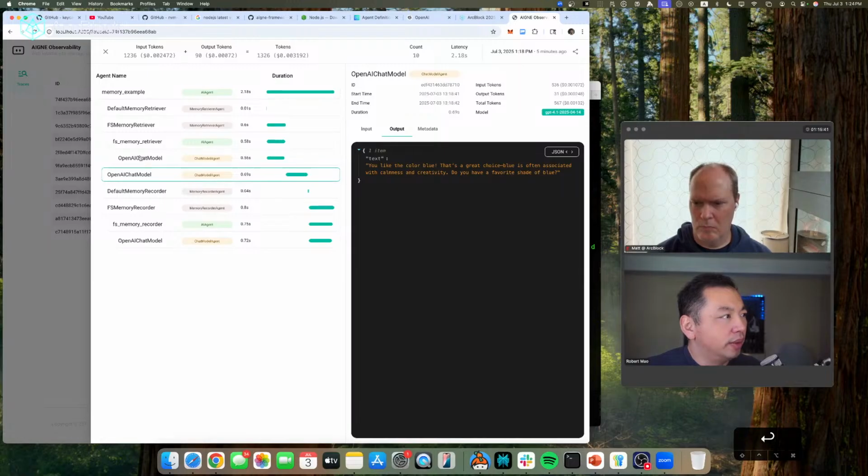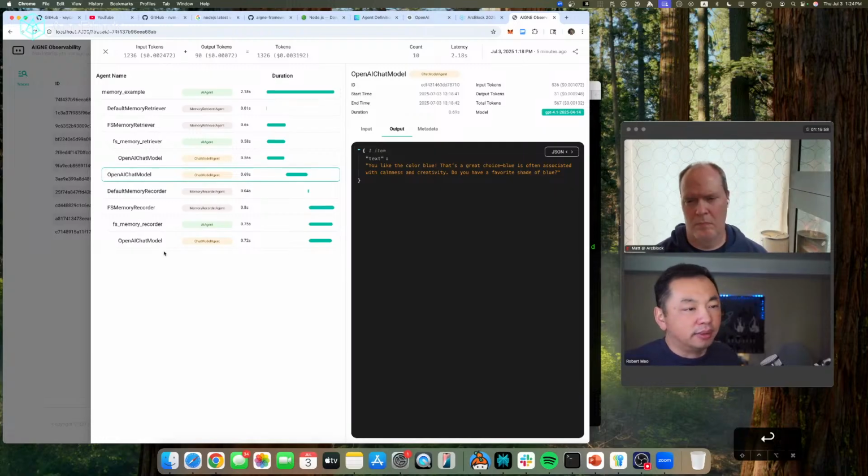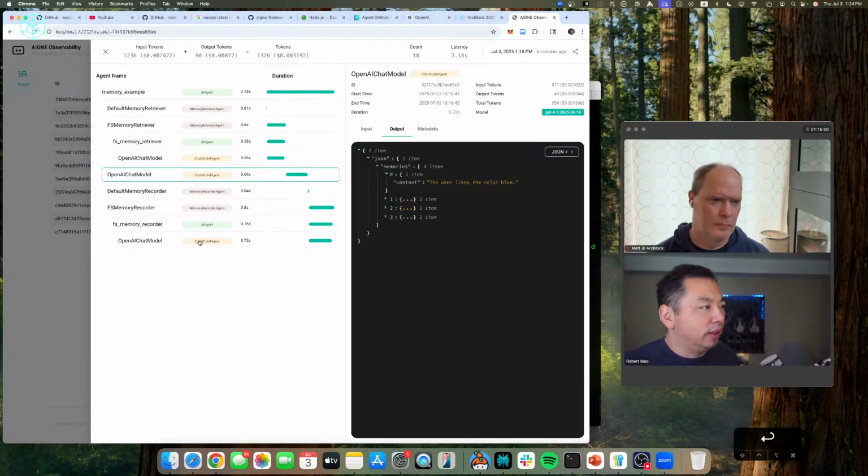And you will see the steps of this memory agent: first it retrieves the memory, then it does the answer, and then it tries to record the memory. The record memory step figures out, during your conversation, if there's something the AI needs to remember, right?